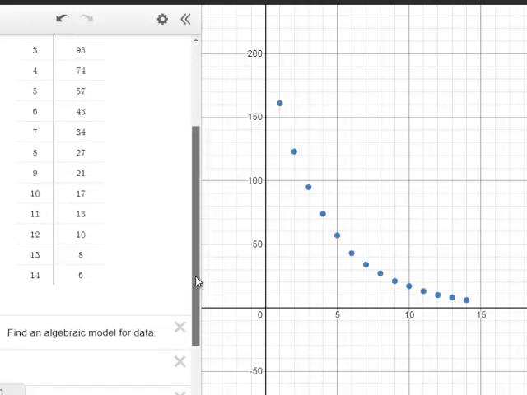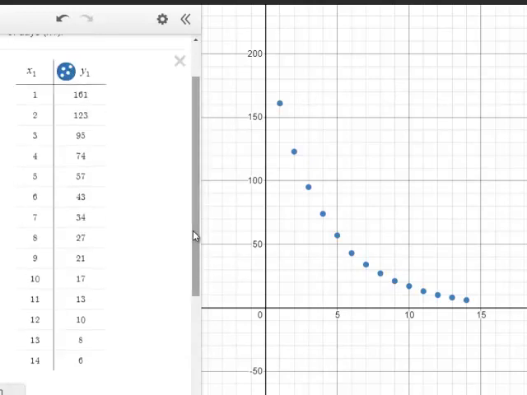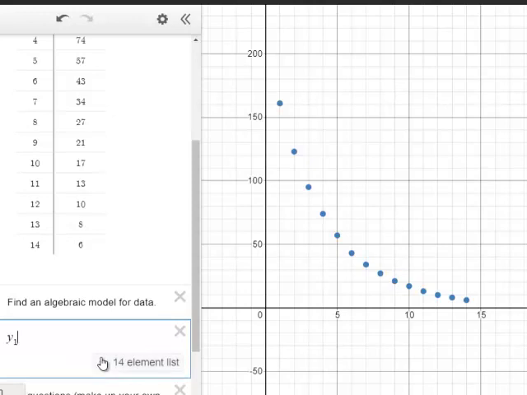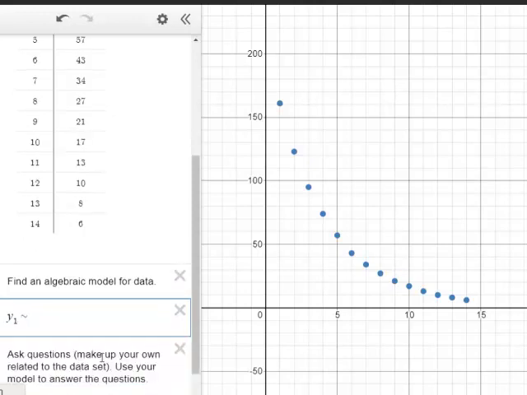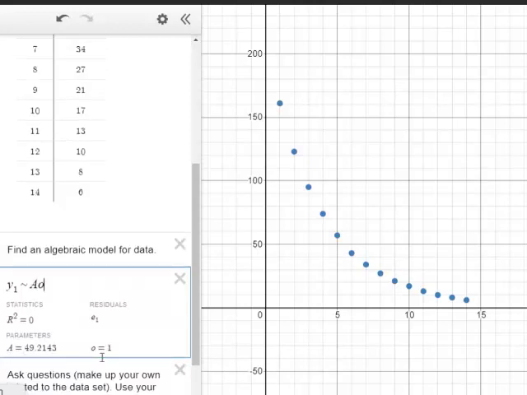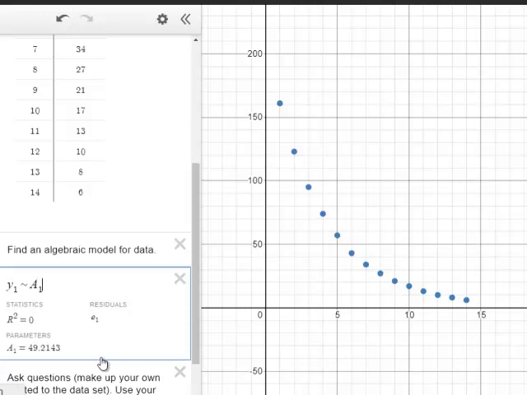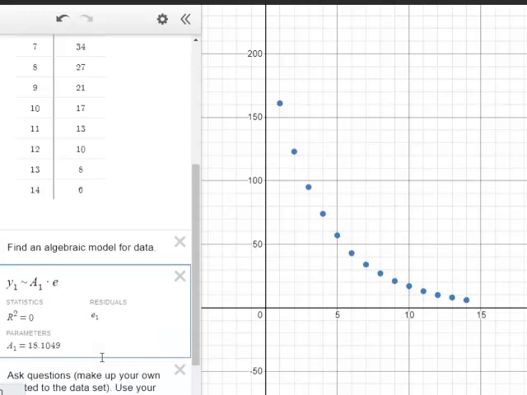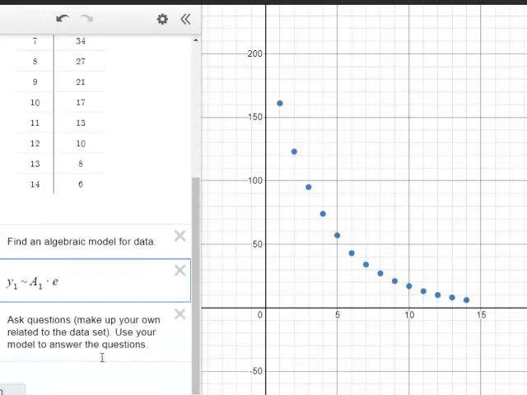So find an algebraic model. I'm going to use these here, y1, x1, because that's what Desmos gives me. So it's going to be y1, I just typed it the way it is, then proportional, not equal, but proportional to the activity, original activity level. I call it A0. Actually, that's not going to work. Let's call it A1, times e to the, and it recognizes that the little e here is actually the number e, which is